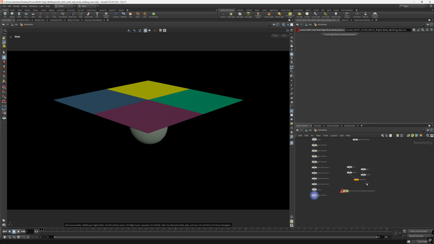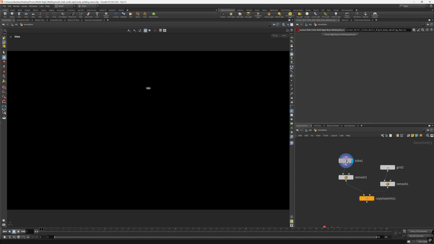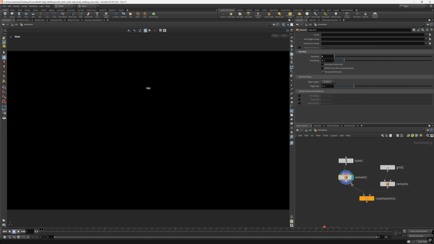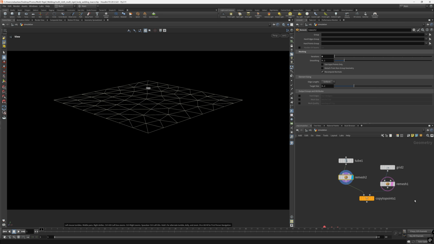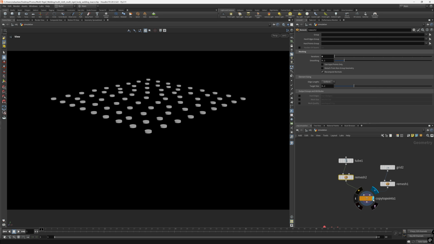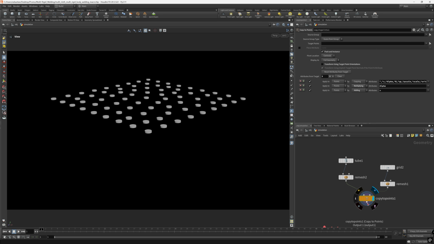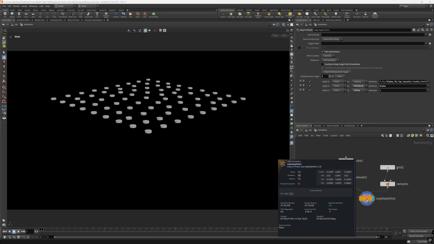Now I have a whole lot of buttons which I created procedurally, starting from a tube, then just remeshing it, and then I'm placing it onto this grid, on each point, using a copy to points node. The important thing here, before we pass it to the macro, is that we have packed geometry. So for each geometry, each button here that we want to create a rigid body in a welding, we need to have it packed. If I middle mouse button click on this node, we can see 78 packed geometries,